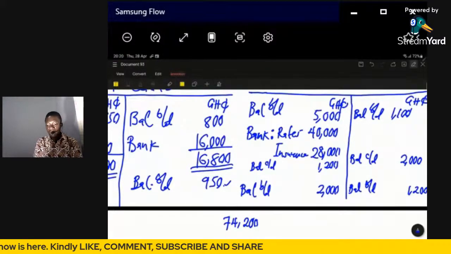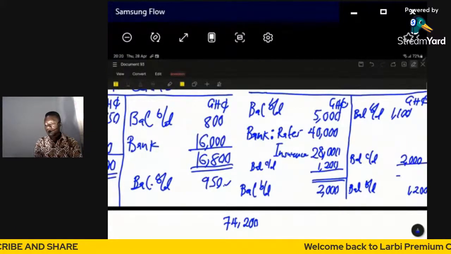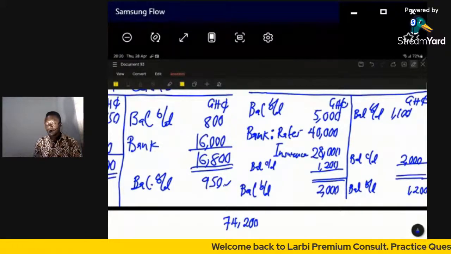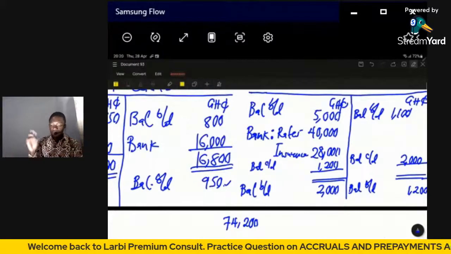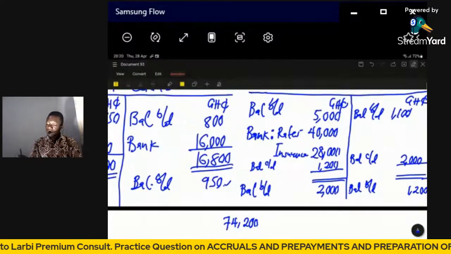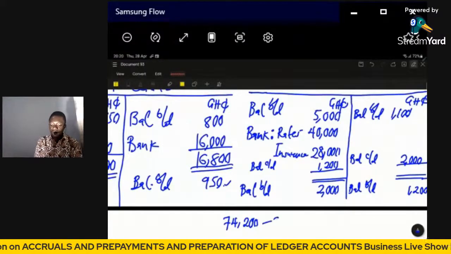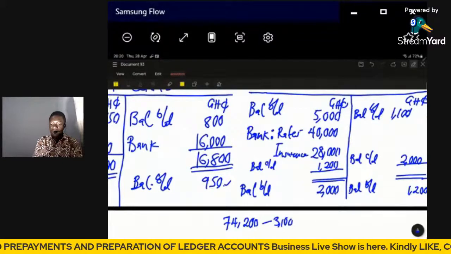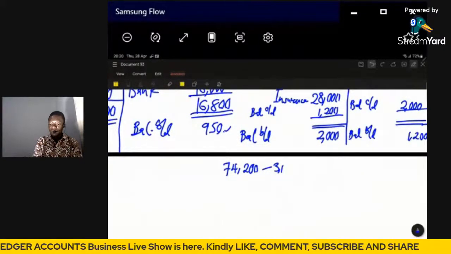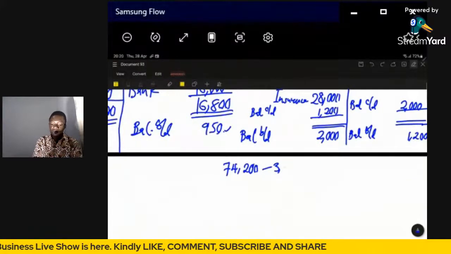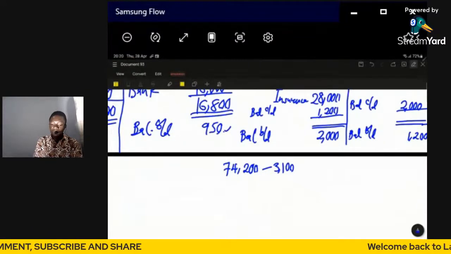So let me underline it to show that we are dealing with all totals. Is that okay? So that you don't add those figures in there, because you have already added them in terms of their carry down. So the credit side, you're going to have 3,100. You subtract 3,100 from 74,200, and the difference should fetch you